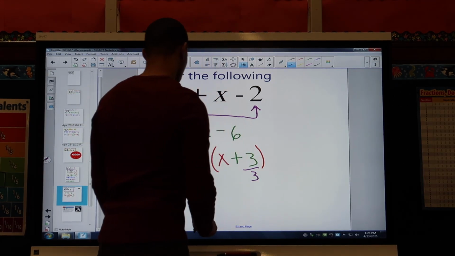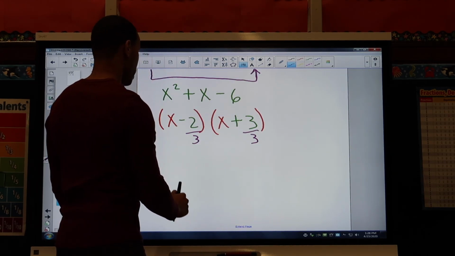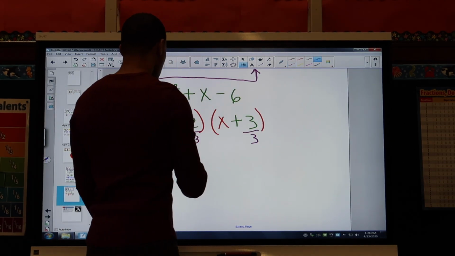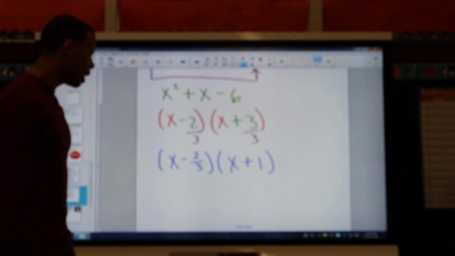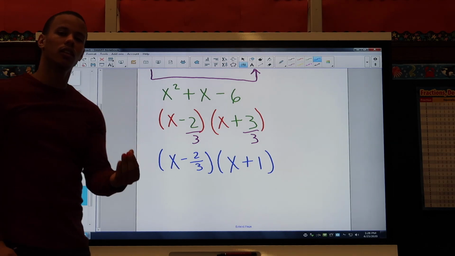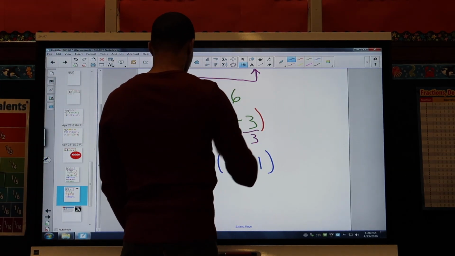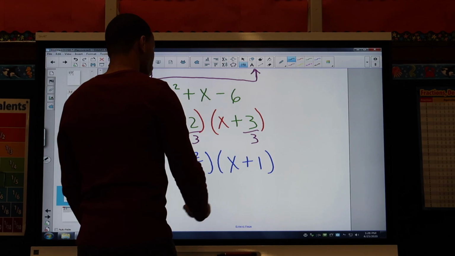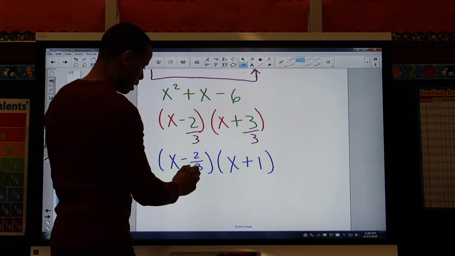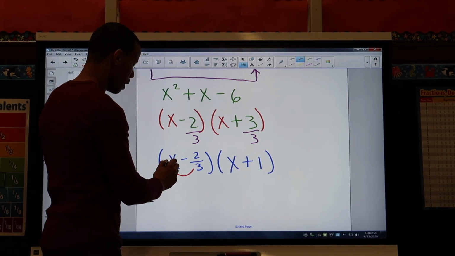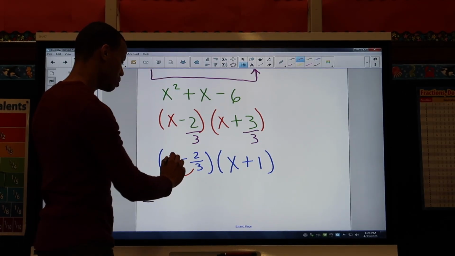There we go. So now, let's see, what do we have? We have x minus 2/3 times x. 3 divided by 3, that's 1, so this will be +1. There we go. So now, I'm going to rewrite this, and then this is where I'm going to put my equal sign, okay? So this will be equals to the 3, I'm going to take it, and I'm going to multiply it, which is pretty much just multiplying the whole thing by 3, so this would be,